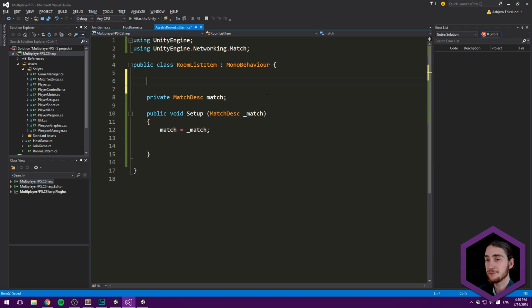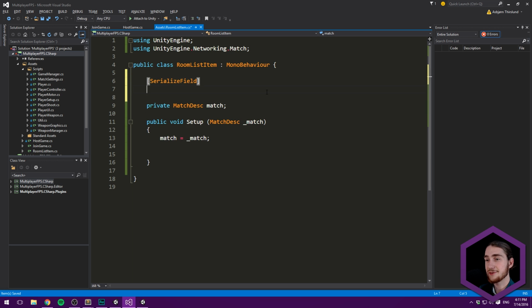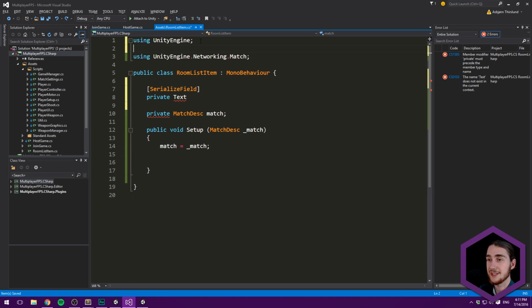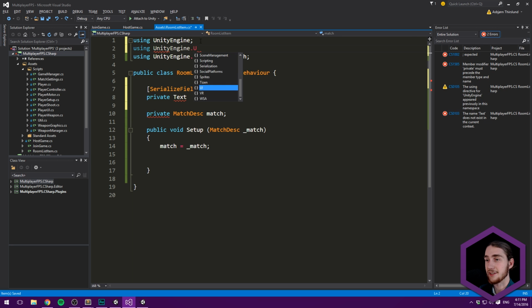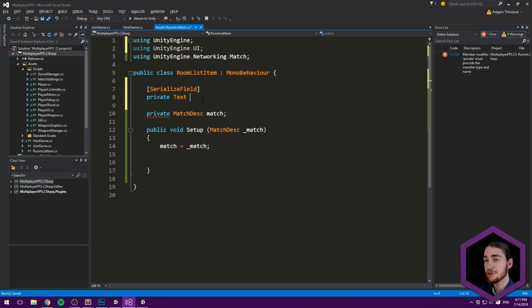we need a reference here. So we need to make a serialized field, and this is going to be a private text. And because we're using a text, we need to use UnityEngine.UI. And this is going to be a private text, and this is going to be our room list item text. We could also just call this the room name text. I think that's better. So a room name text. And what we can do down here is simply set room name text equal to